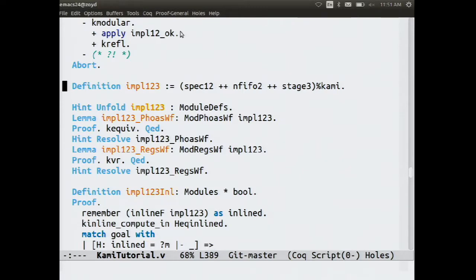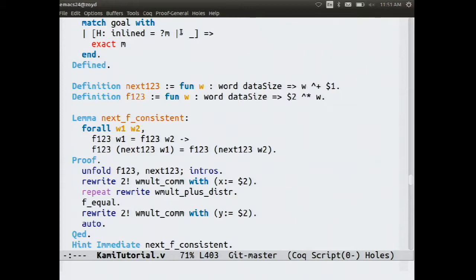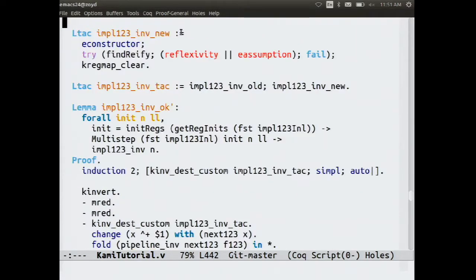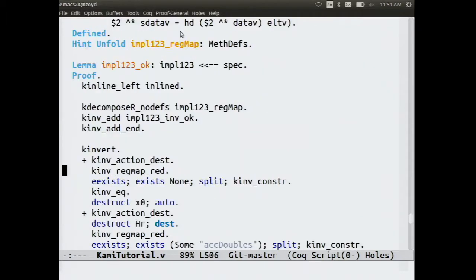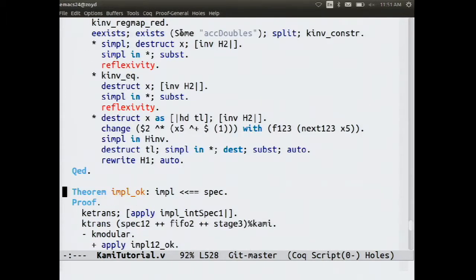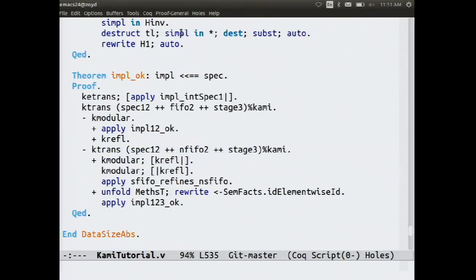We need to repeat this and merge the combined first two stages with the third stage, and then we'll be finished. So the rest is sort of highly reminiscent of the earlier stages. Let's just take that for granted. And then we get down to the point of finally being able to prove that the original implementation refines the original spec with a lot of transitivity and a lot of uses of algebraic properties of this plus plus operator for composing modules.